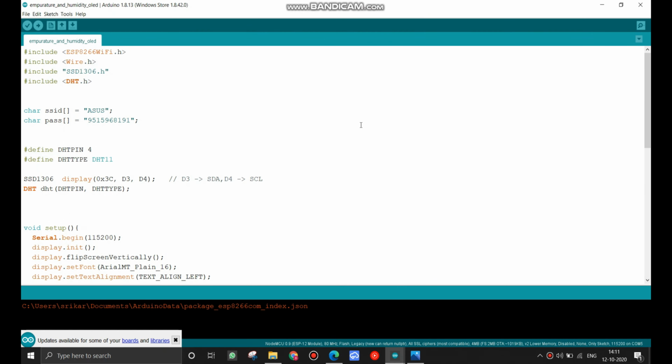Yes, this is the total code. First, these are the libraries which you have to include. This is the library for Nodemcu, and this library is for the temperature and humidity sensor, and these libraries are used for the OLED display. And then I have given the SSID and password